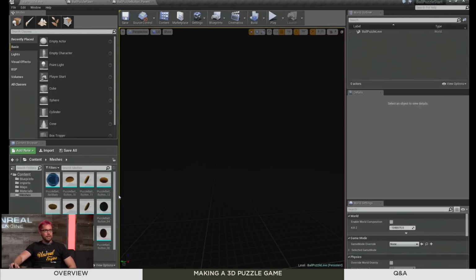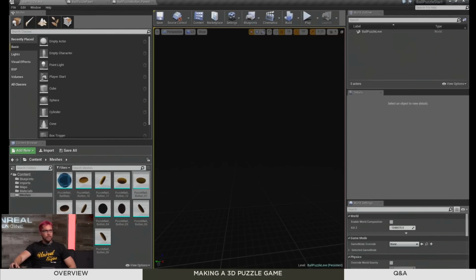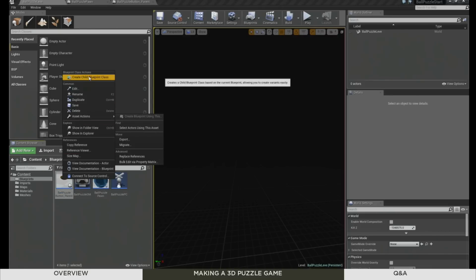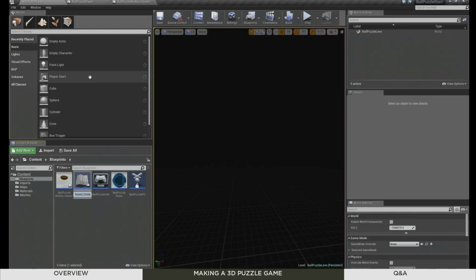Next, over here in our content browser, we need to make a bunch of child actors, or child actor blueprints to be specific. So I'm going to select my parent, my button parent class. We'll right click, and at the very top you should see create child blueprint class. We'll call this